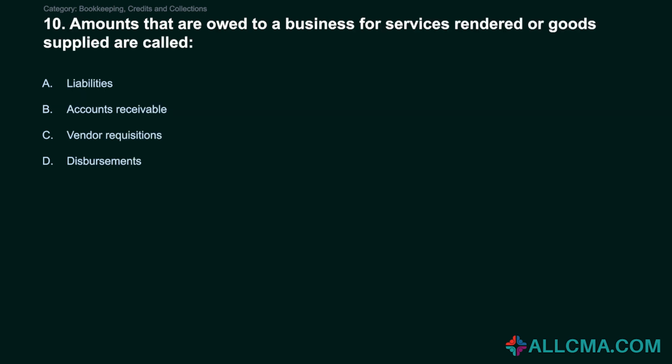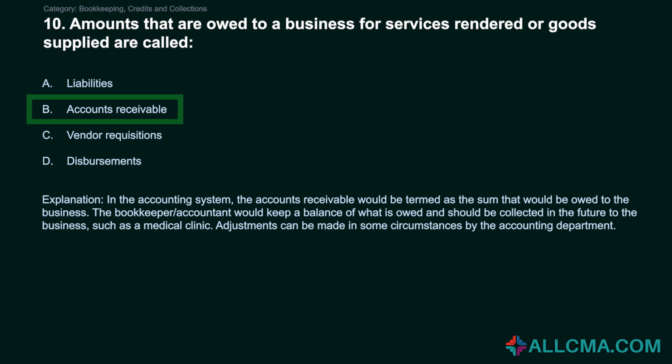10. Amounts that are owed to a business for services rendered or goods supplied are called: A. Liabilities. B. Accounts receivable. C. Vendor requisitions. D. Disbursements. Correct answer: B. Accounts receivable. In the accounting system, the accounts receivable would be termed as the sum that would be owed to